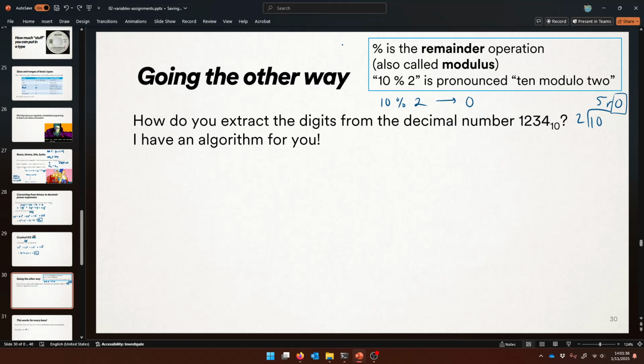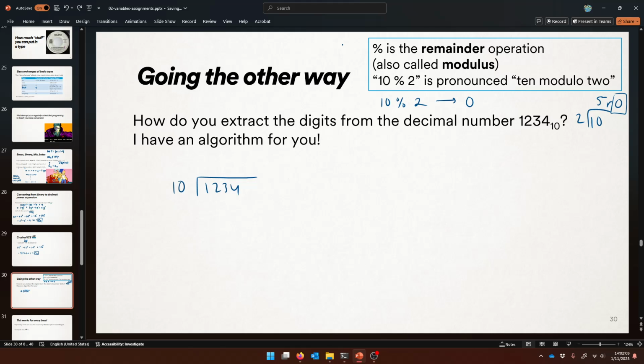See that? And so if you do modulus by a certain number, there's a way to always get out the rightmost digit of a decimal number. To get that 4 out, do you see what you might be able to modulo by? There's going to be a trick here, all right? And the trick is the base. So 1,234. Do you see how if you did mod 10 on this, right? Because if you divide 10 into this,